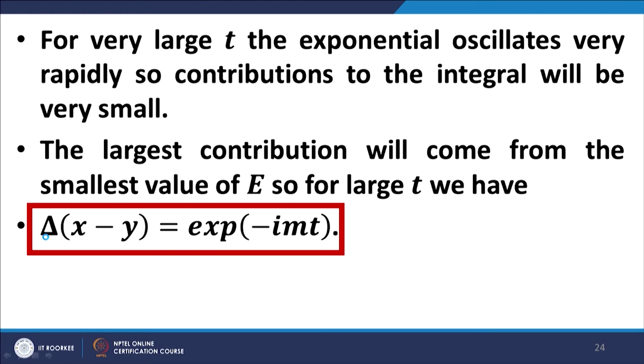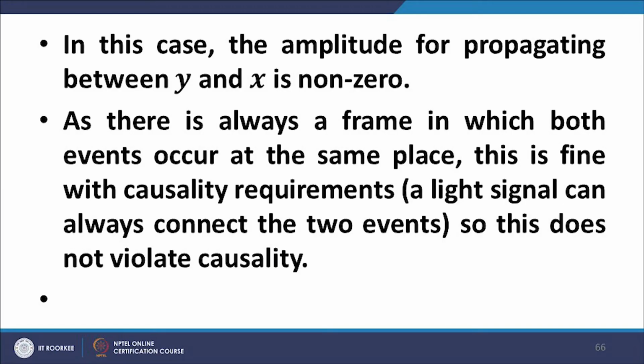This is the approximate value for large values of t. Now, what does it say? We are talking about time lag separation, and we find that the value of the propagator between y and x is non-zero. Now, the important thing is that in the case of events which are time lag separated, you can always find a frame in which the events occur at the same place, but they are separated in time, which is not a violation,